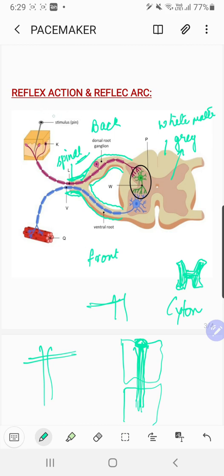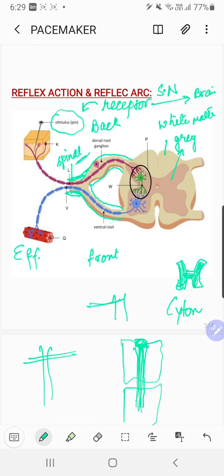These two areas where the stimulus is received, that area is always the receptor area, right? That means from receptor to brain, if something has to go, it is essentially a sensory nerve, and this area is the effector area. Effector area means the area which is showing response. So that means response can only be shown if someone instructs you. In that case, the arrow should be this way.